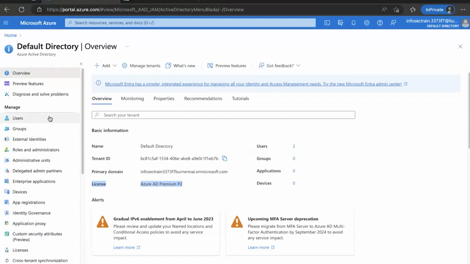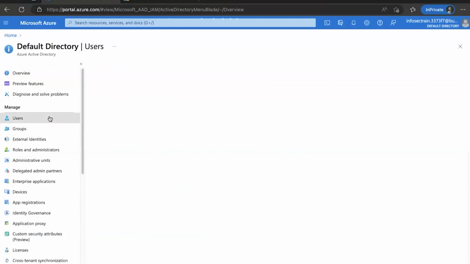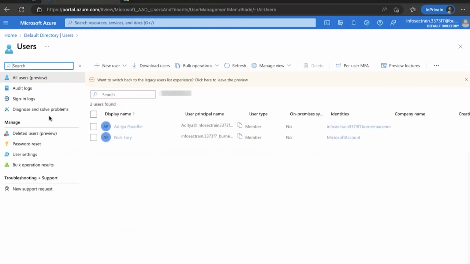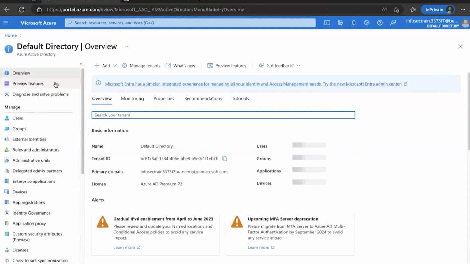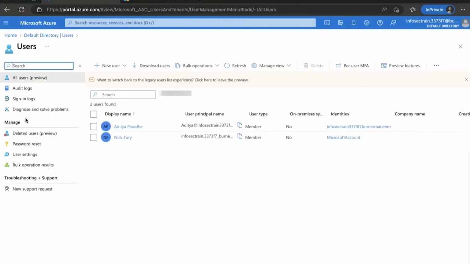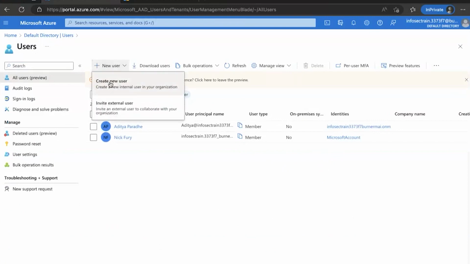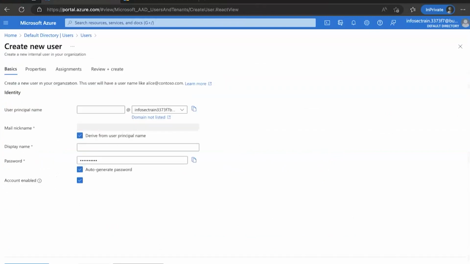Now what we will do, we can have the users over here. In the default directory under your Active Directory, I can create accounts for the different people as well. Like I can go in here and click and create new users over here. Now I will be creating a few accounts over here. So let's say, I'm just picking up the name from the attendees list.